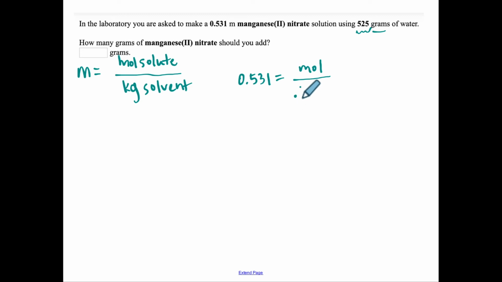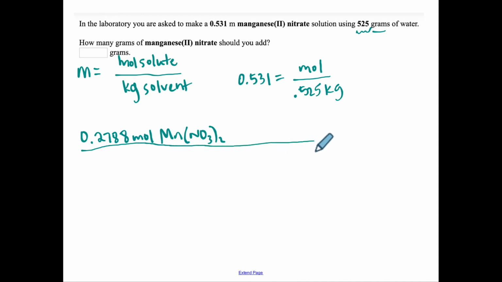So we're going to say 0.525 kilograms. We're going to take 0.531 times 0.525 and get 0.2788 moles. And our substance is manganese nitrate. And then to convert this from moles to grams, like our answer asks, we add the molar mass up. We say that 1 mole is equal to 178.96 grams, which gives us a final answer of